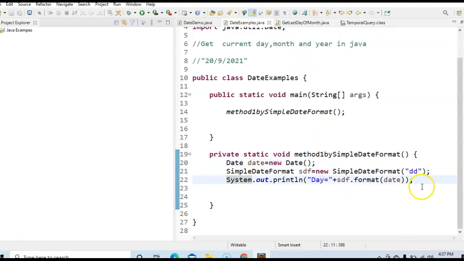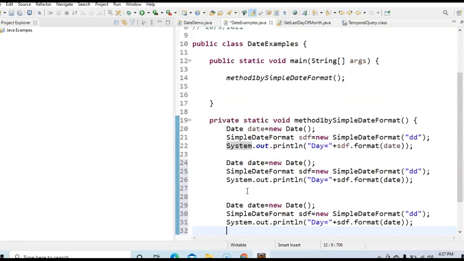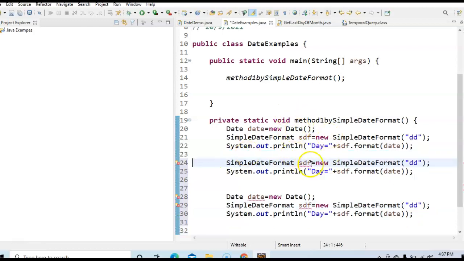Similarly, if we want to get the month, how do we get it? All the code remains the same, except instead of dd we need to give a different format; for the year we need to give the format as YYYY. I'm removing this date object because we already have it. I'm naming it sdf1, because this format is different from the first one, and here it prints month equal to. For the month, what do we need to pass? Just change this dd to